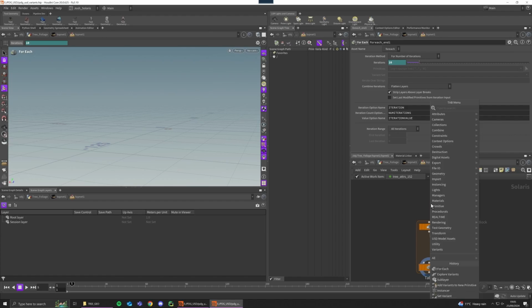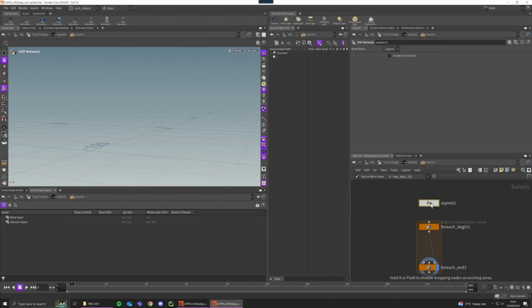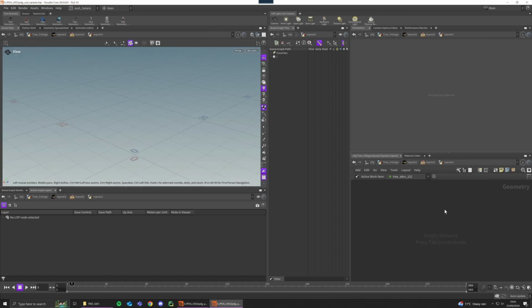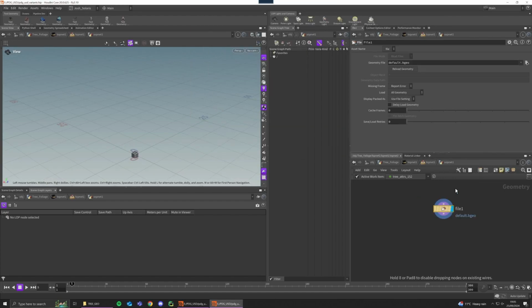In order to do that, I'm going to use a SOP network and a file node. So inside here, I'm going to drop down a file node, and we do something interesting here with the geometry file to make sure that we bring in each work item or each output file. So we can use a function called PDG input. If I just drop this down here, it needs to be inside backward